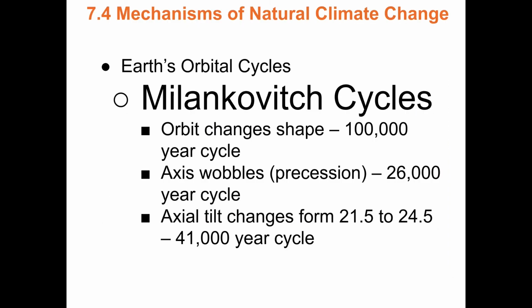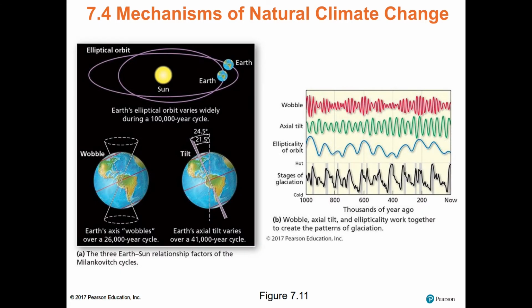So the reason that we go back and forth between these glacial and interglacial periods is Milankovitch cycles. Earth's orbit changes in a bunch of different ways: the shape, the direction Earth's axis is pointing, and the amount of axial tilt. All those change on cycles of 100,000, 26,000, and 41,000 years. I'll post some videos on it because, again, a video's worth a million words. So the orbit changes shape from being more circular to being more oval. The tilt gets more and less, and Earth's axis